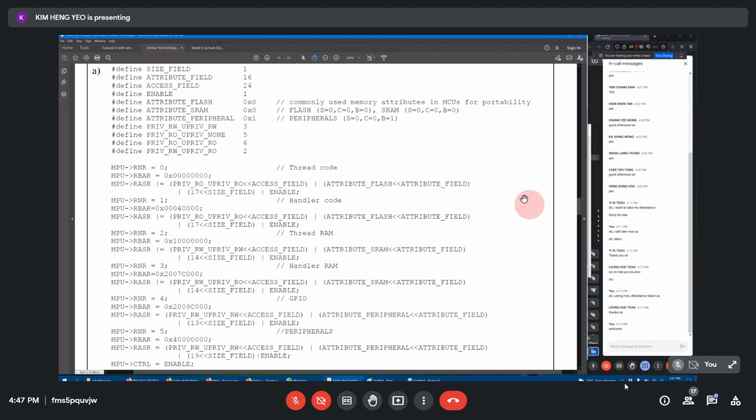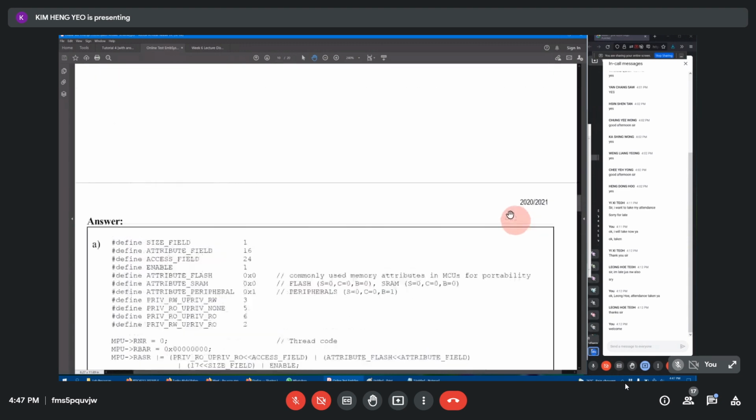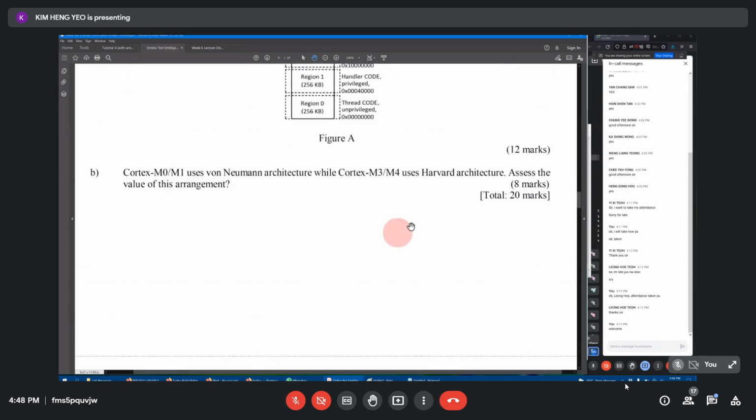Next, let me go to part B now. Everyone okay? Okay, print screen already. Okay, so now I'm going to go to part B. Let's go to part B. Now let's look at part B. So part B says